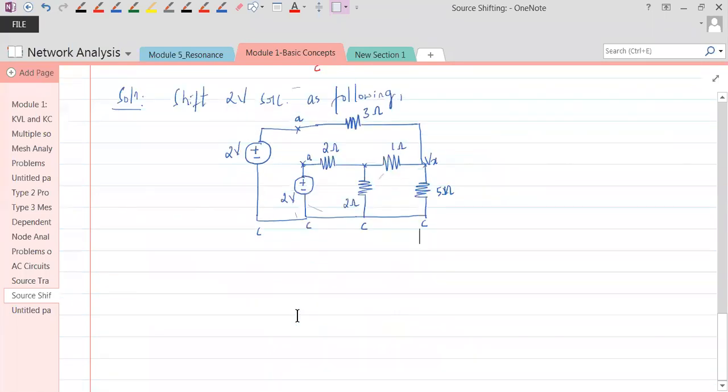So from here on, what has to be done? Now, you have this 3 ohms and 2 volts. These are between which 2 points? These are between node Vx and node C. Understand that? So this can be written in a simpler way. Everybody see what I do. Everybody just observe.